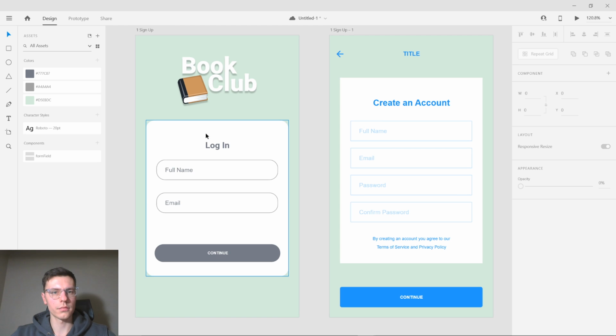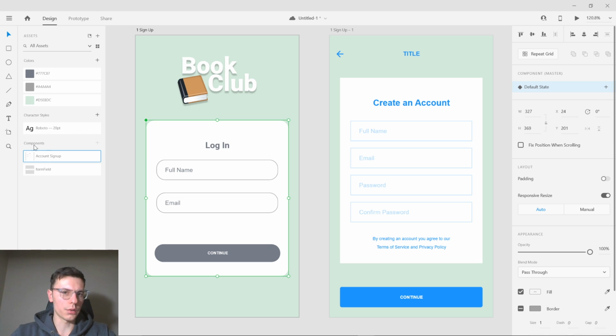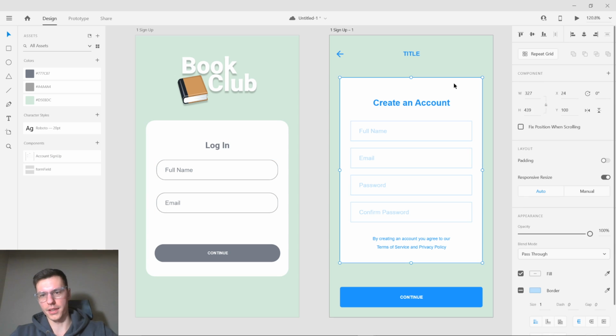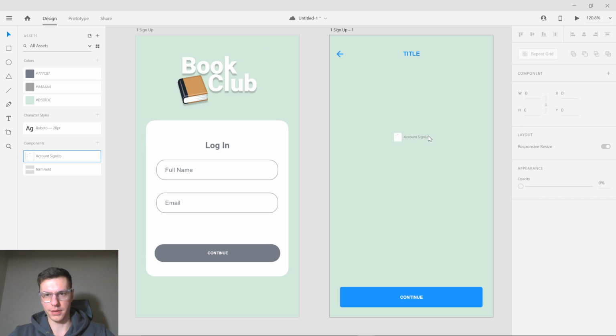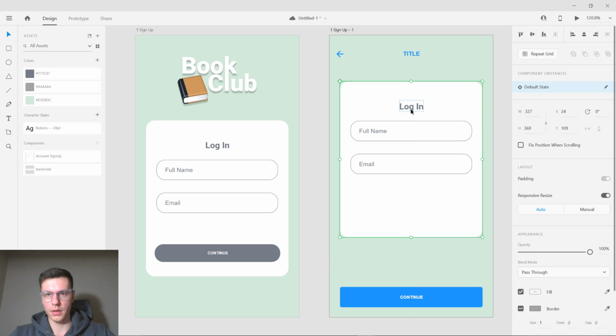So we want to add this as a component too. Account sign up. Not a bad name. But let's do login. Or form. Let's do account sign up. Exactly what it was before. All right. Delete that. Bring this component here. We want to do,